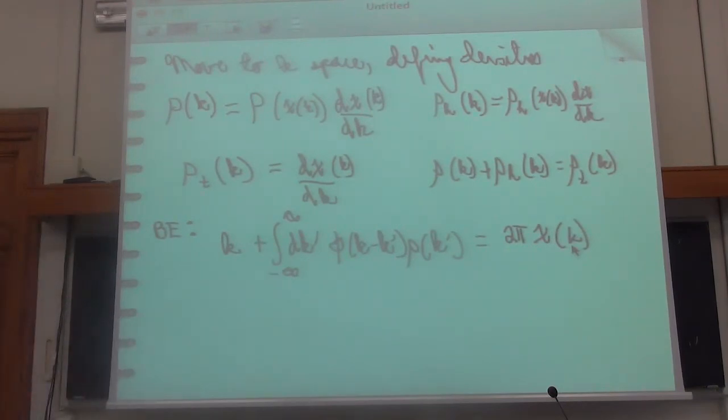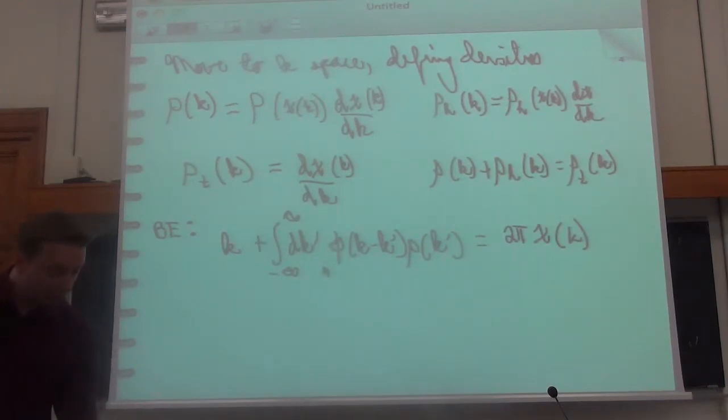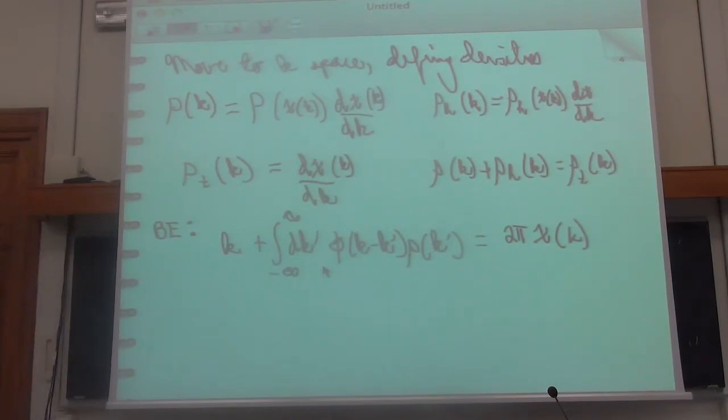So now k is like the source term for the function x of k, okay? Given a certain problem. Okay, so now comes the little trick. So we take